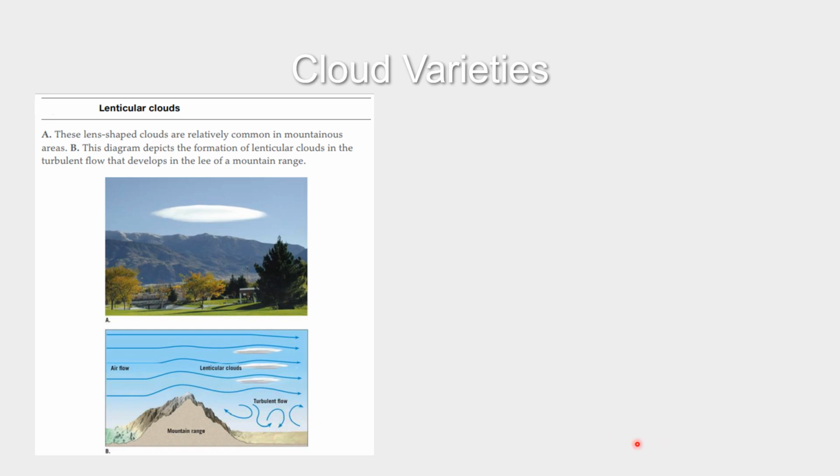This diagram depicts the formation of lenticular clouds in the turbulent flow that develops in the lee of the mountain range. So as the air ascends,